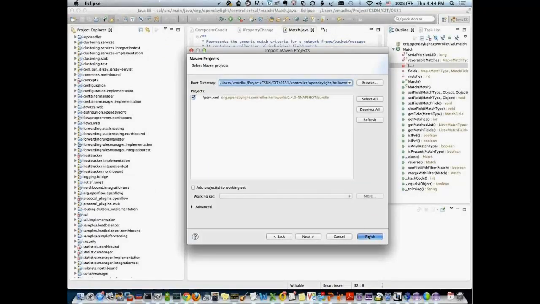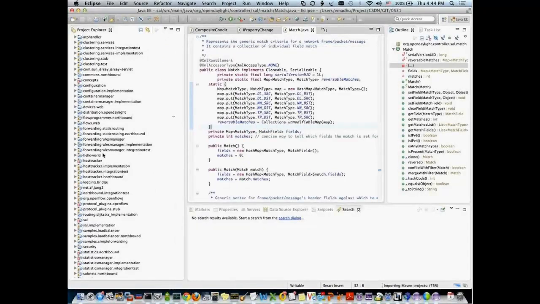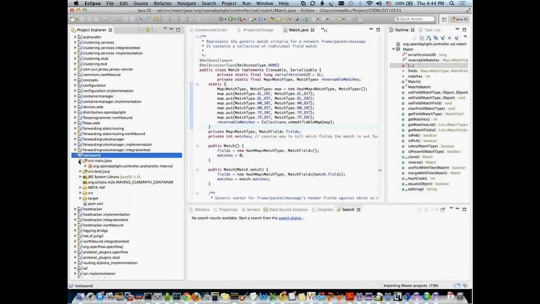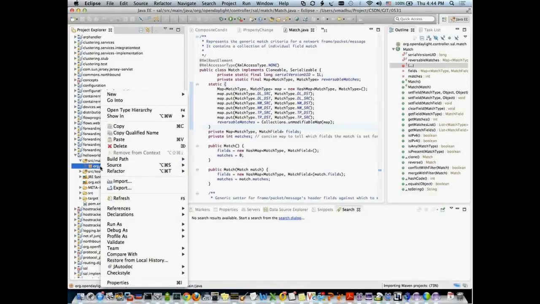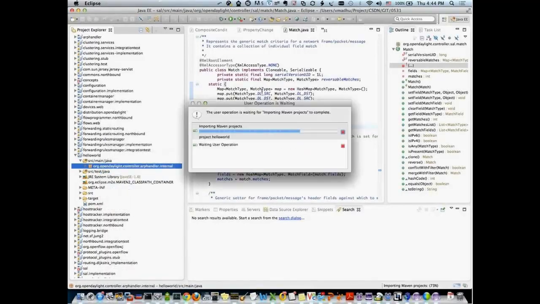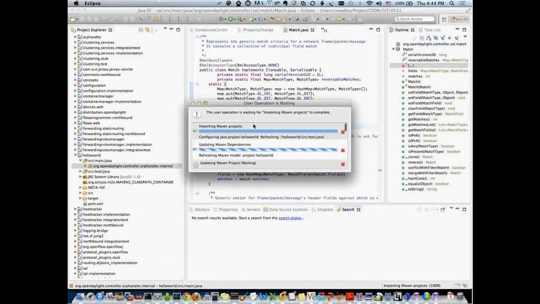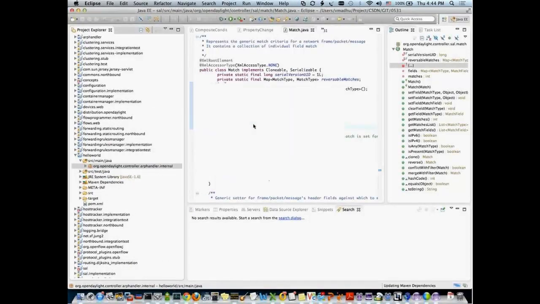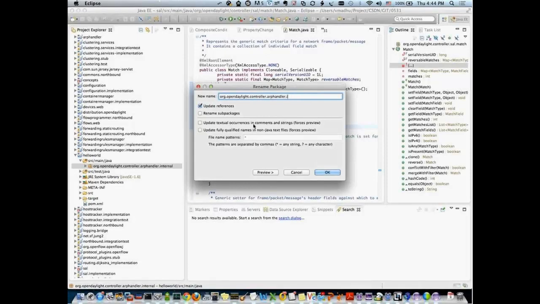Right? So once you import it, you'll get it here. Hello world is imported here. So you can just go and rename the package names if you don't like the package name. So I'll rename it as